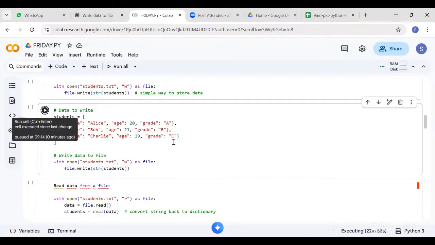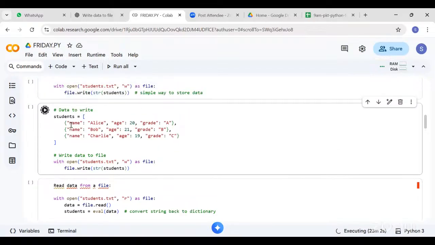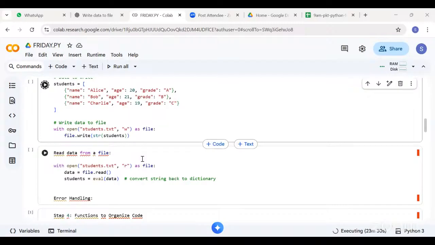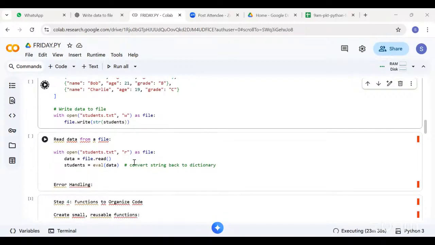Okay, it's taking time. So till now, it's a dictionary in a dictionary in a dictionary, and then these are the values inside it. I have given the command to write, and W is symbolizing the write format. Okay, students, it's taking time. As soon as it executes, I just want to walk you through the read data form of